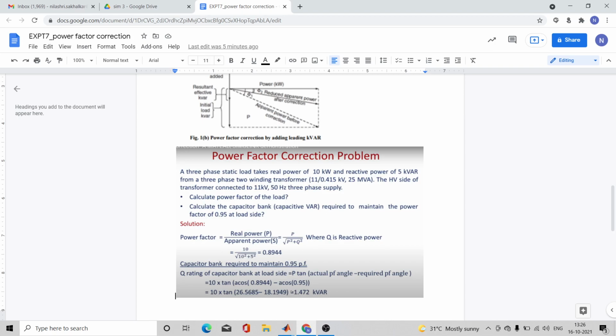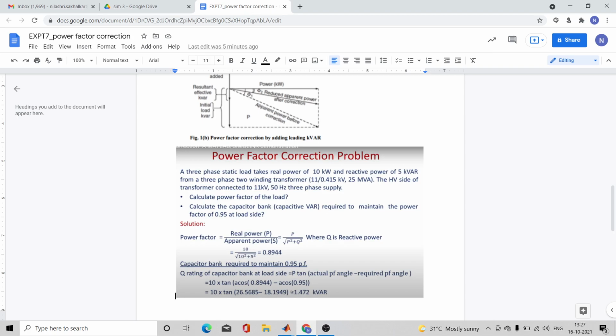Next, they are asking to find the capacitor bank to maintain the power factor up to 0.95 at the load side. The formula is the Q rating of the capacitor bank, which means the capacitive reactive power that you require at the load side in order to maintain the power factor.